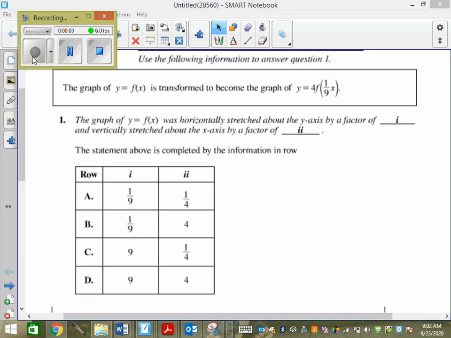The graph of y equals f of x is transformed to that. When it's in y equals form,